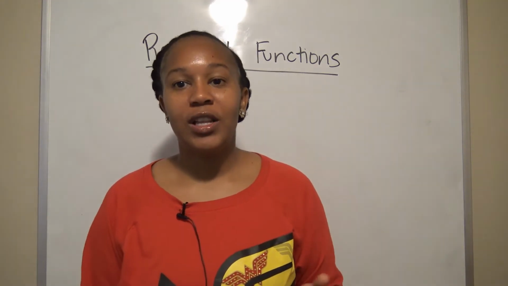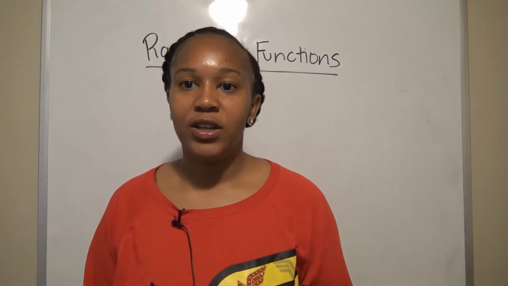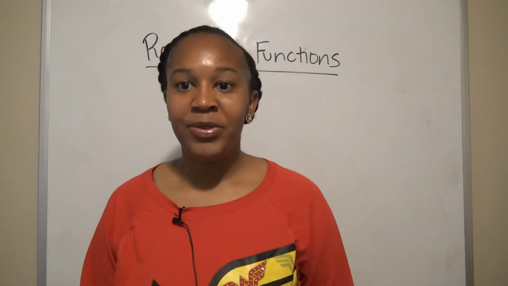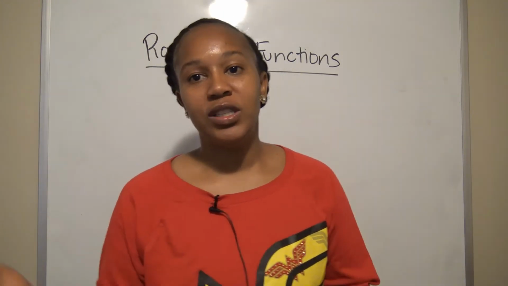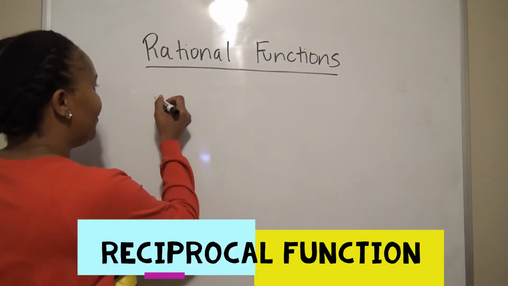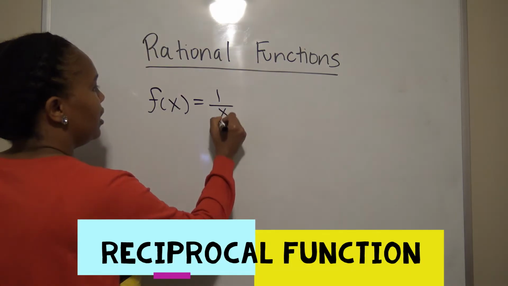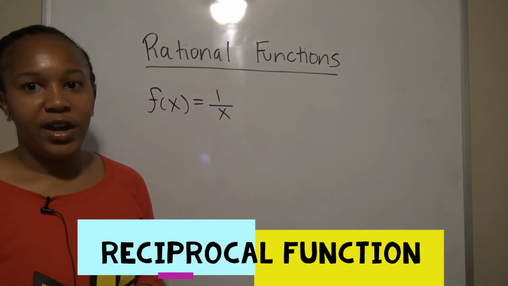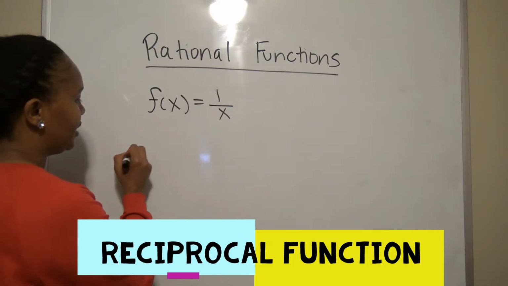And so what we're going to look at in this video is a couple of parent functions of rational functions and how to graph them. The first parent function of rational functions is called the reciprocal function, and that is the function that takes the reciprocal of whatever you plug into it. So f of x equals 1 over x, that's your reciprocal function. So if I was to make a t-chart,